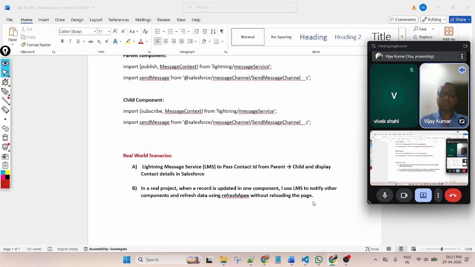So here the updated record value will be displayed using refresh apex, so that if I update the input value, the updated value will display in the LWC component without refreshing. So mainly we are covering both scenarios in today's class.